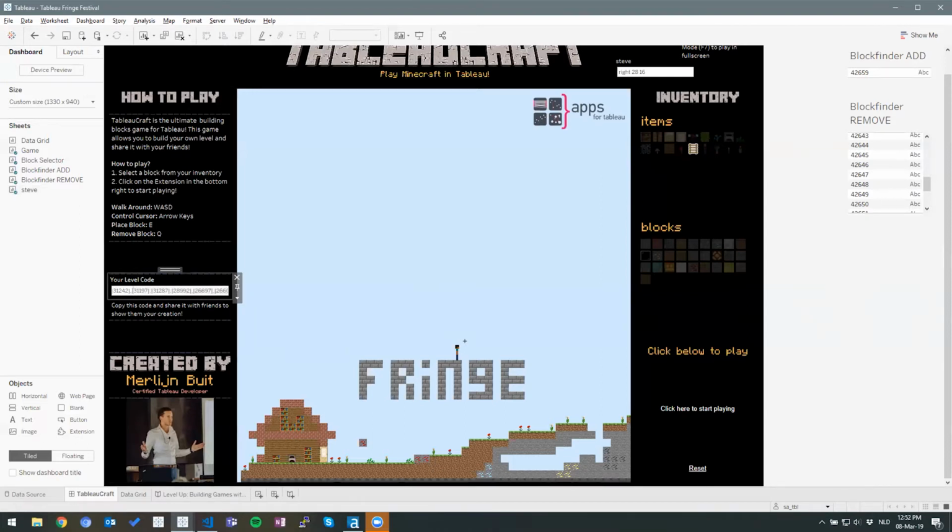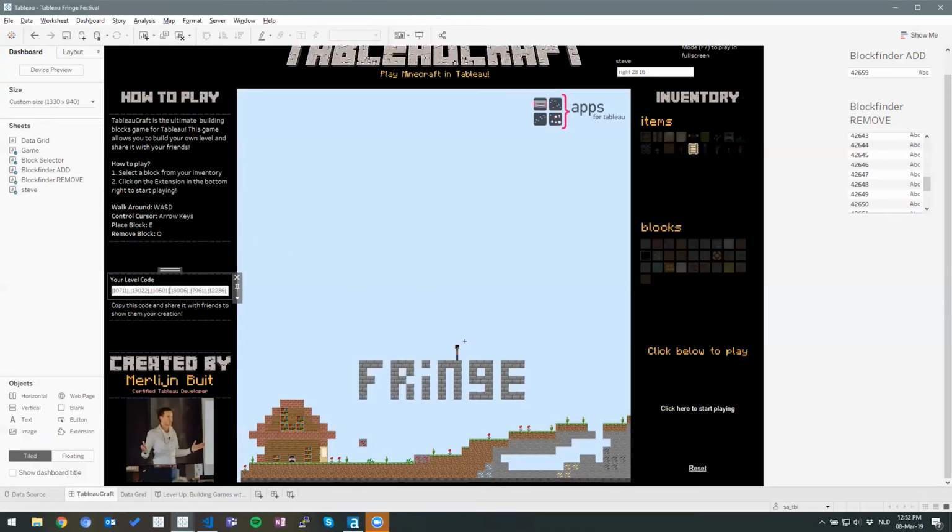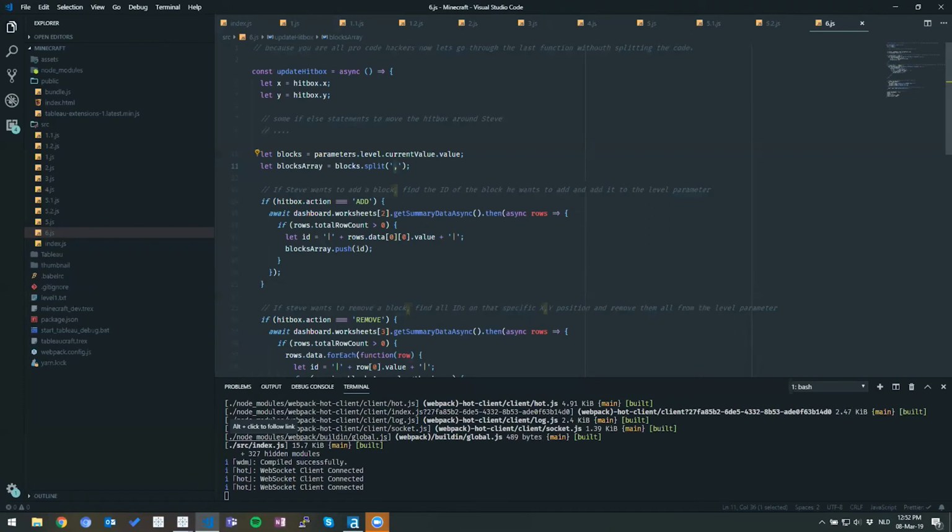I'm reading it in my code and I'm splitting it on the comma, so it's becoming an array. And when it's an array in code, I can do cool things with it. So one of the things is if I want to add something to this array, to this blocks level parameter,